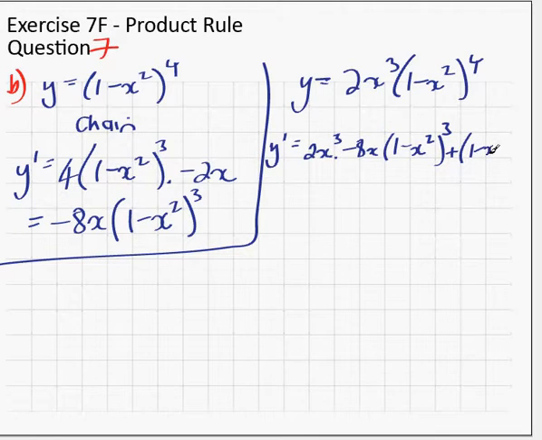the second term times the derivative of the first, which is 6x squared. So I've got a bit messy in the corner there. I'm going to write it down the bottom. We've got minus 16x to the 4th